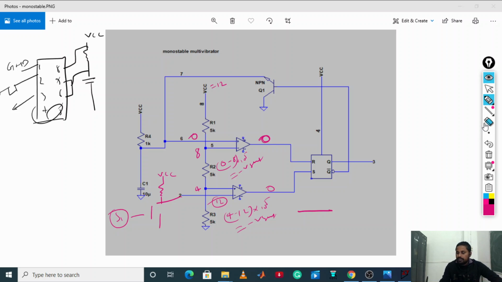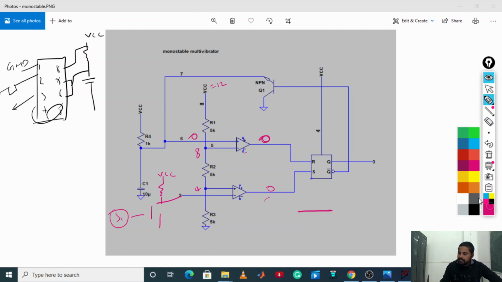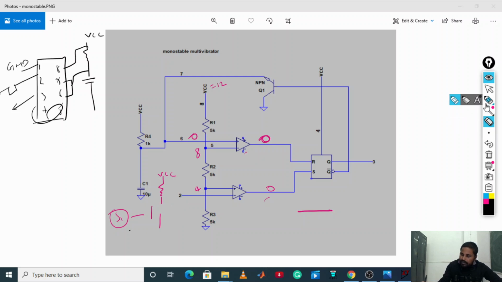Now next what we are going to do, we are just going to apply a pulse. Now let me delete this one. Now I am going to apply S1, it means terminal 2 will be directly connected to S1. Now this is what terminal 2 was, and now momentarily for a small period of time it is connected to S1. Now it is connected to S1. When it is connected to